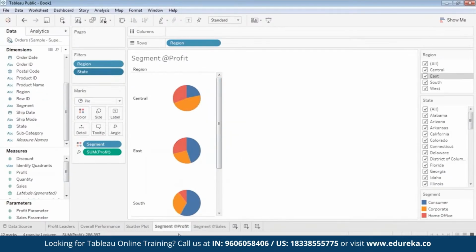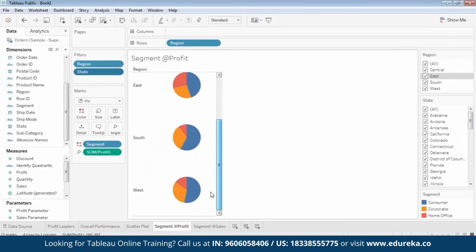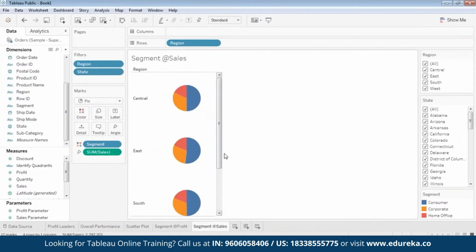So what do we make out of this data, guys? The profit in central region is more in corporate, but if we check in sales, consumer has more number of sales. So let's say if they increase their sales in corporate in central region, the profit will also increase, right? Similarly, if you see in west,